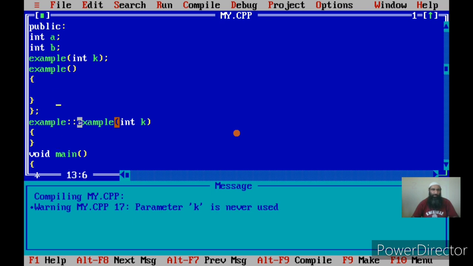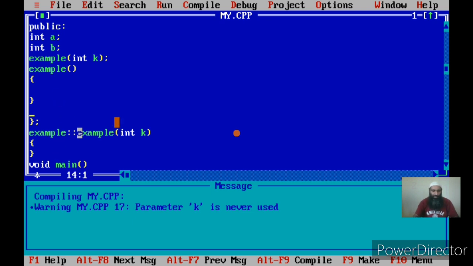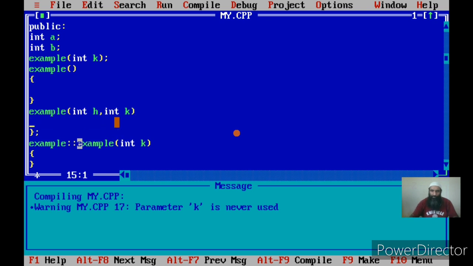Now we see that we have a constructor with one argument defined outside the class. I can have another constructor, suppose Example, with two arguments, suppose int h, int k. Okay, now I have got three constructors.